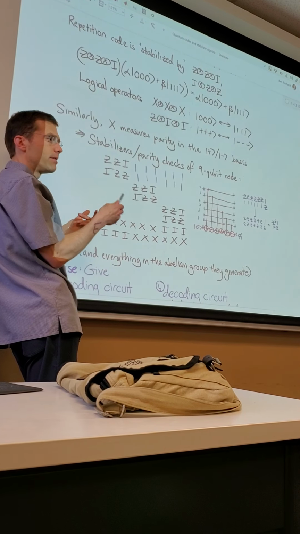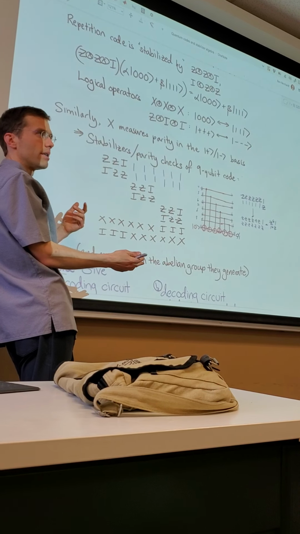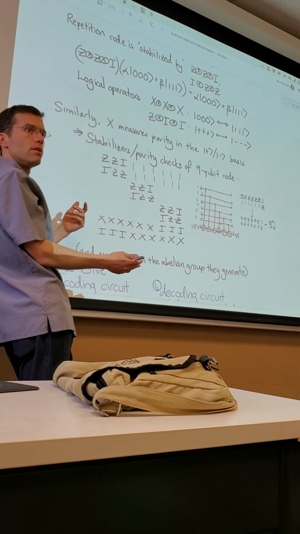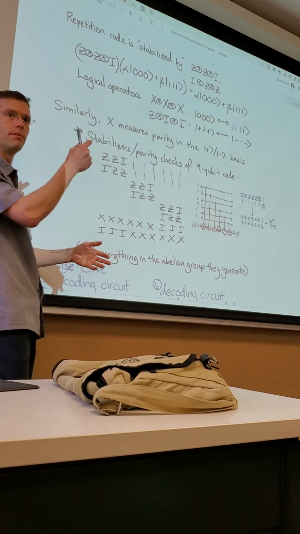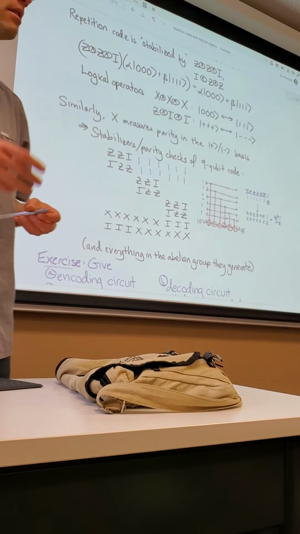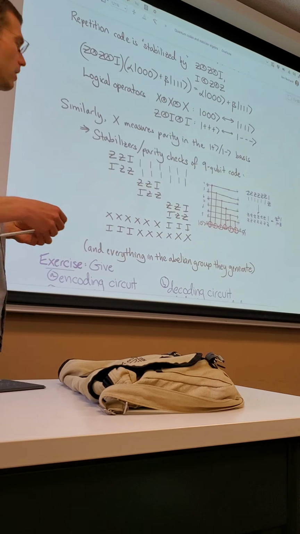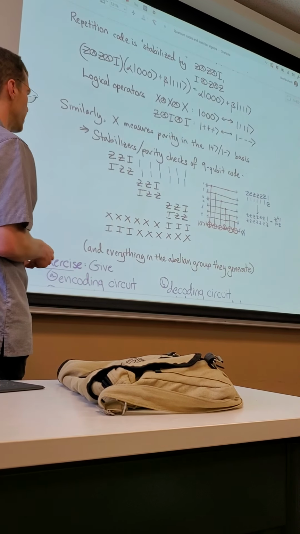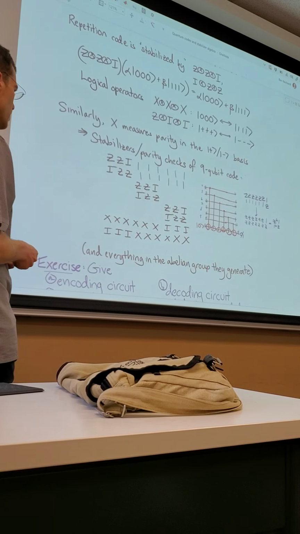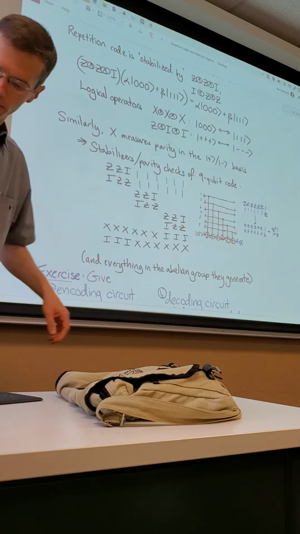So remember, every stabilizer reduces the dimension of the +1 eigenspace by a factor of 2. So if I have 8 of them, and I started with 2 to the 9 dimensions of freedom, after 8 stabilizers, I still have 2 to the 9 minus 8. I have one qubit left. And so, right, okay. So these are the